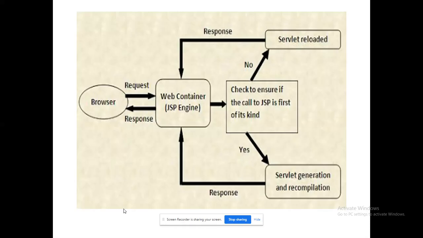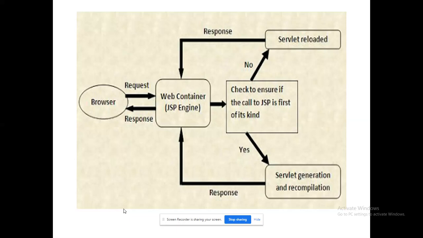Normally, how does a JSP architecture behave? From the browser, the request comes to the container. The container will check, because the servlet is the capsule, and over the capsule you have the JSP program. The JSP wrapper will be removed and it will check the servlet, the function name or the API available inside this JSP tag. If it is already available, it will reload it, and that is its response.